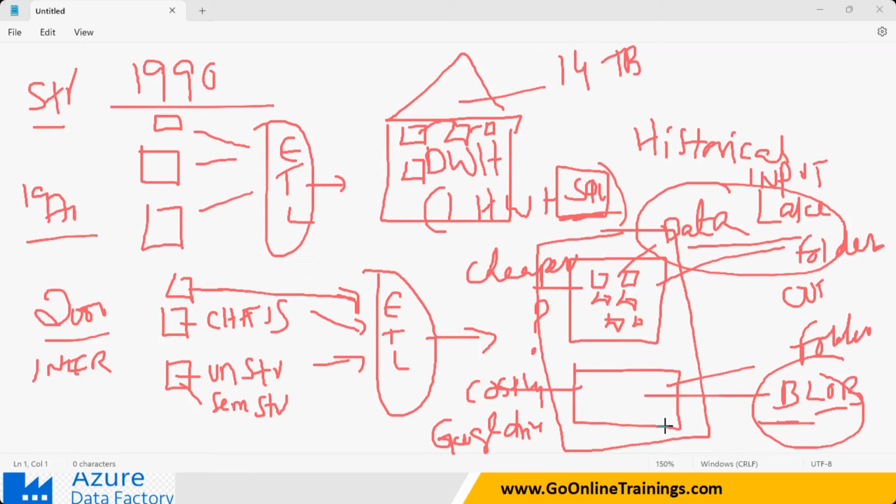A data lake is nothing but a folder in your Windows, but people will not call it a folder; a special name is given, it is a data lake. It can store files, small files, bigger files, anything. A data lake is going to be cheaper when you compare it with the blob. Blob can take large files.